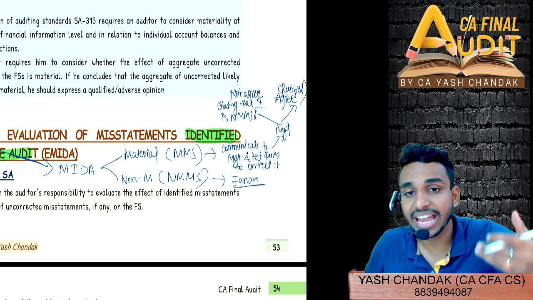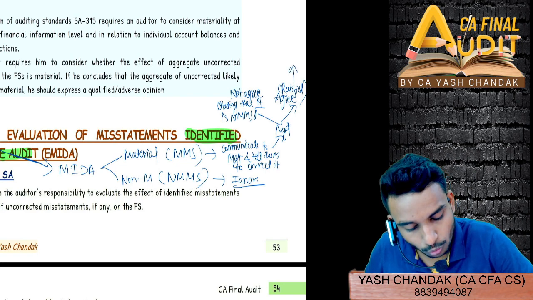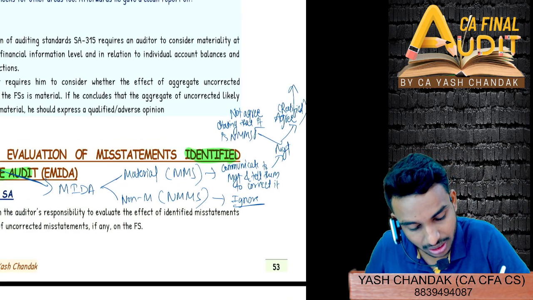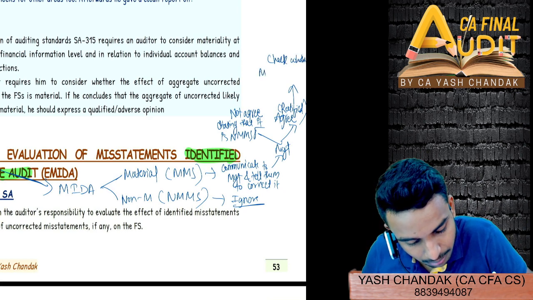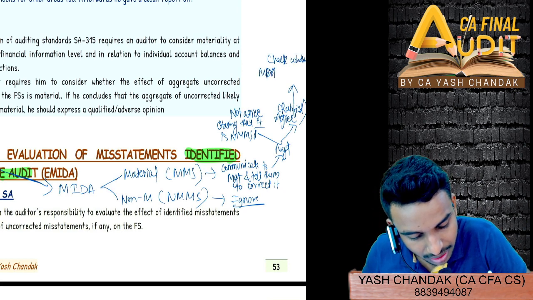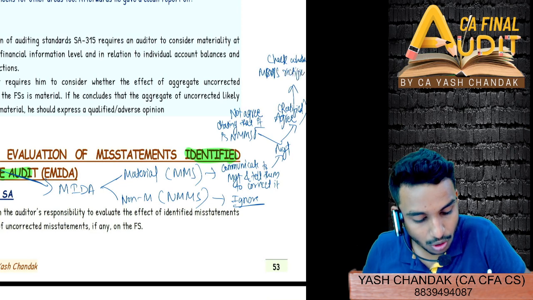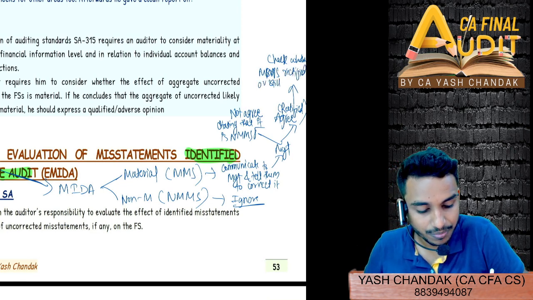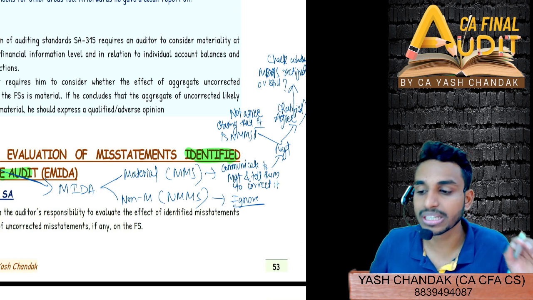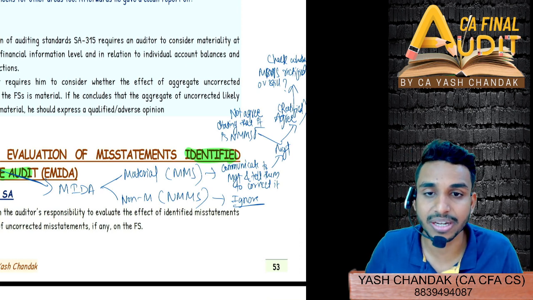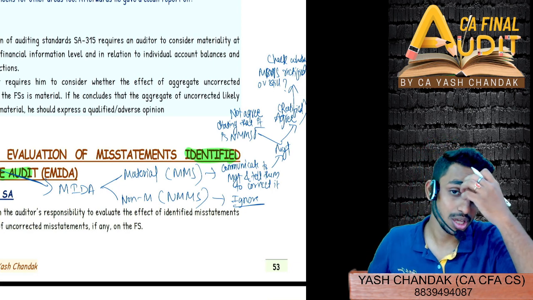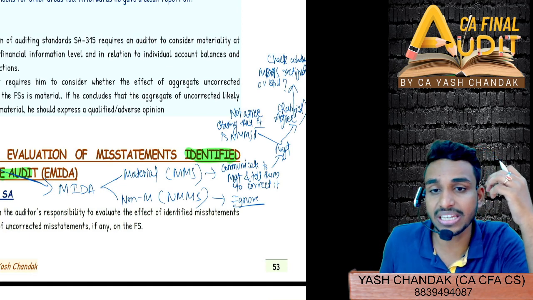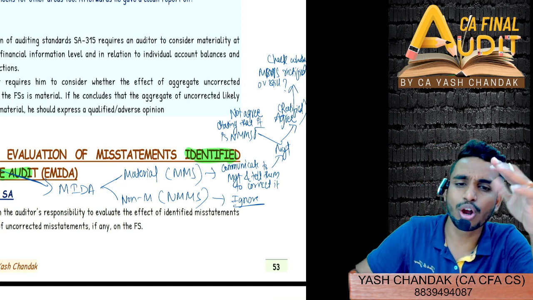If they agree and rectify, then the auditor has to perform one more procedure. He'll have to check whether the material misstatements are rectified or still not yet rectified. Even after management says okay fine, we have rectified, we agreed to your point, you have to check whether the misstatement is actually rectified or not. If the management does not agree and states that it is a non-material misstatement,